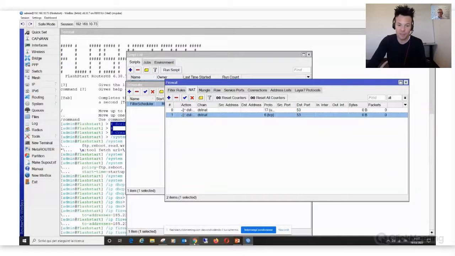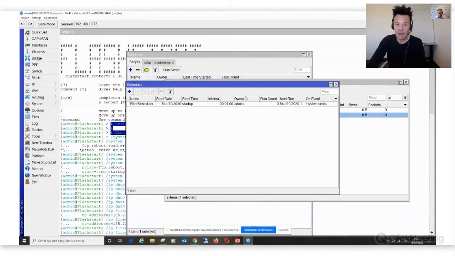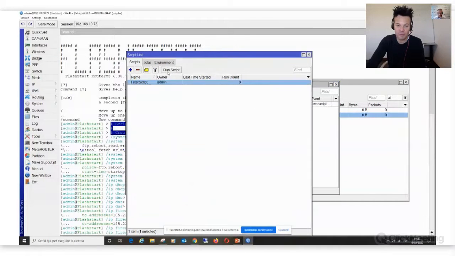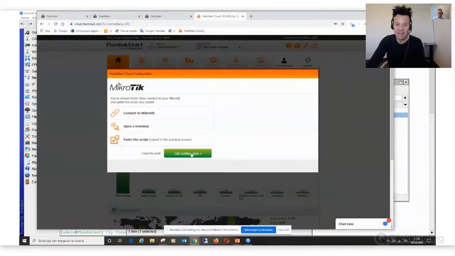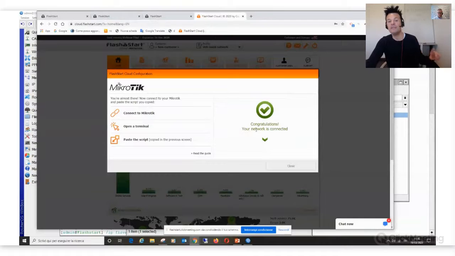Now, let's switch to Flashstat. I can launch it manually just to speed up the synchronization process. And now, let me test configuration. Congratulations, your network is connected. From the moment I ran the script for the very first time, without waiting a minute, the synchronization succeeded in just 3 seconds. If I click on close,